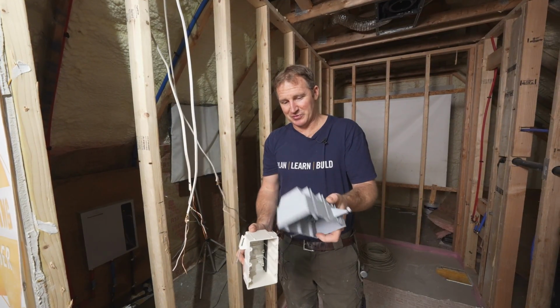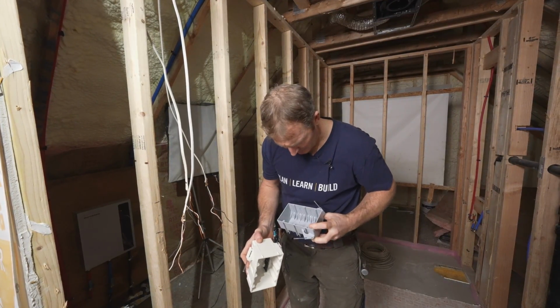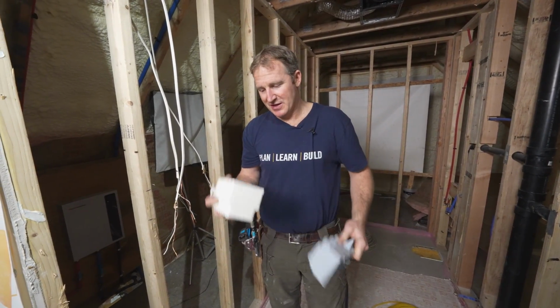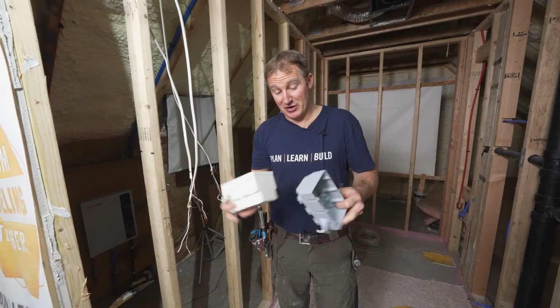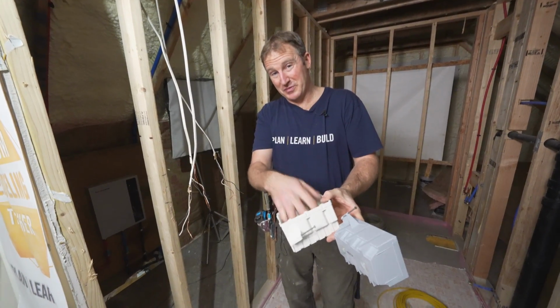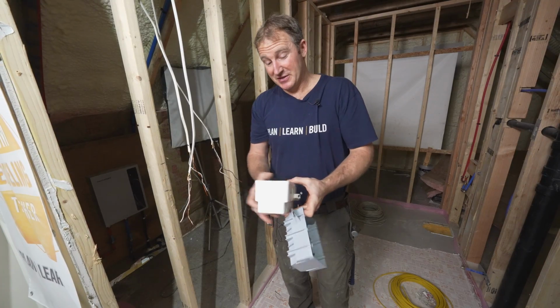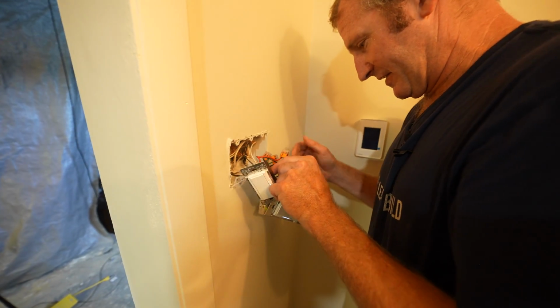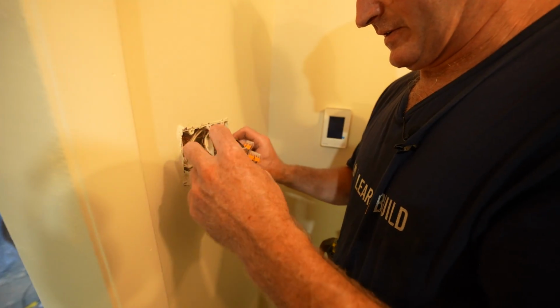So I recommend getting the larger boxes. So this is just a normal plastic one. I think this is 44. So this is a 44 cubic inch box. This is a 56 cubic inch box. So you can see how much bigger it is. That gives you a lot more room in here when you have a whole bunch of wires. So whether, like I said, if you're using a dim switch or a timer switch, those things get pretty bulky. So I would definitely recommend